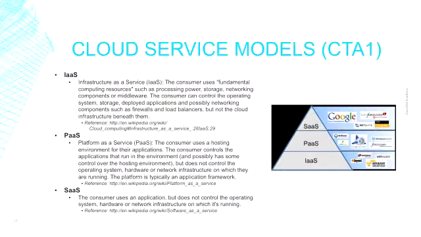In platform as a service, or PaaS, the consumer uses a hosting environment for their applications. The user controls the application that runs in the environment, but they have no control over the operating system, hardware, or network infrastructure on which they are running. And the third service model is software as a service. In SaaS, the cloud service provider delivers a turnkey solution to the consumer. They use the application but have no control of how that application is delivered.